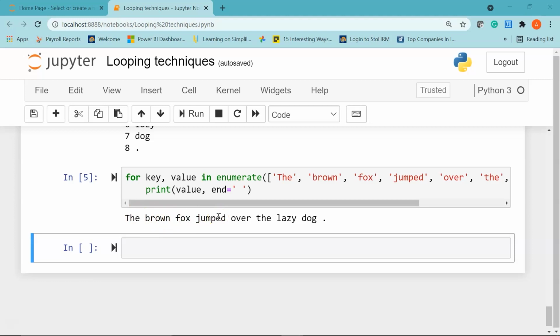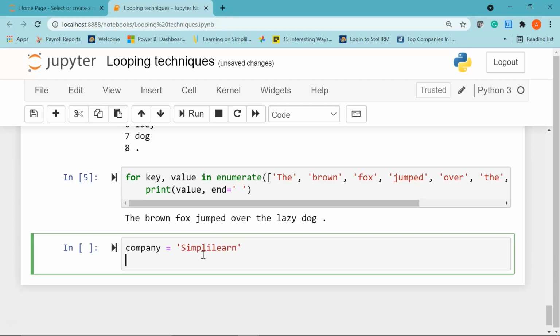Okay. So similarly, you can iterate through the letters in a word or a string and print the letters along with the indices. I'll declare a variable called company, and this will have a value, let's say Simplilearn. I'll say for i comma j in, I'll use the enumerate function.